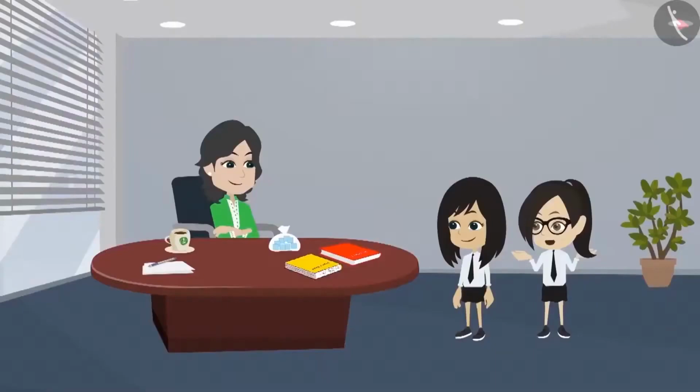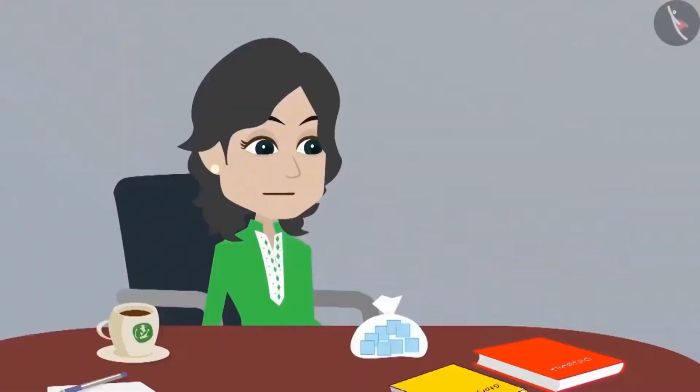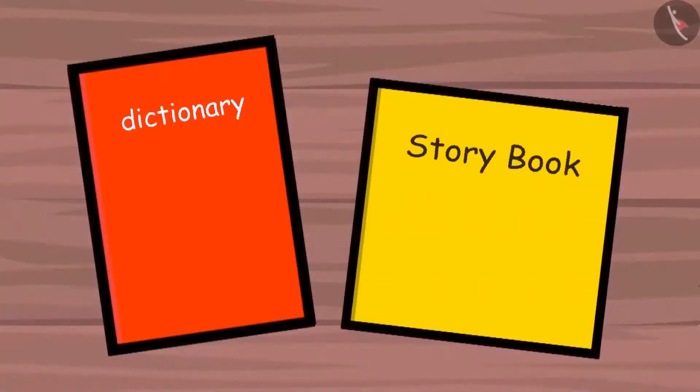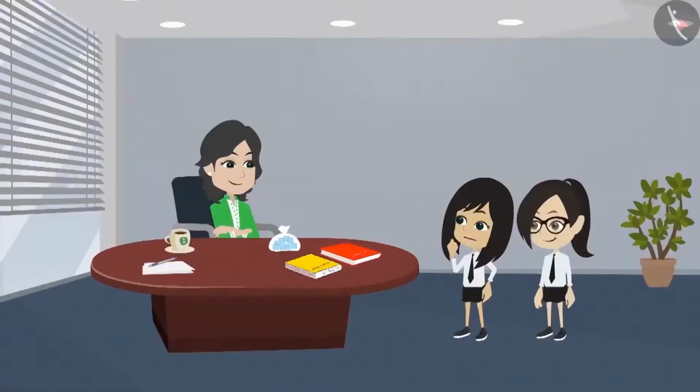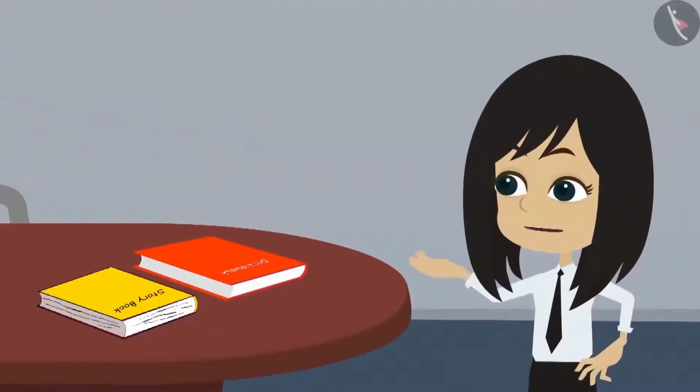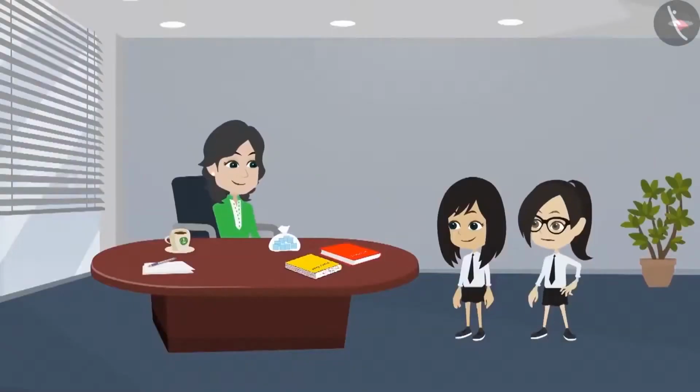But how will we know which book is bigger? Different shapes are measured based on how much space they occupy. Both these books are a quadrilateral, meaning they have four sides or edges. Madam, it means that to find out which one of these two books is bigger, we have to find out how much space it occupies. Yes. But madam, how can we find out how much space a shape occupies?